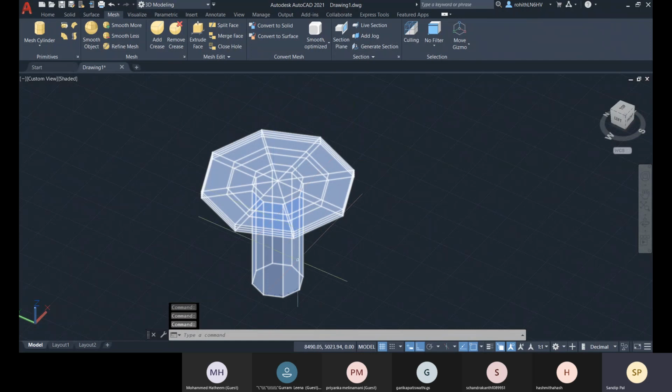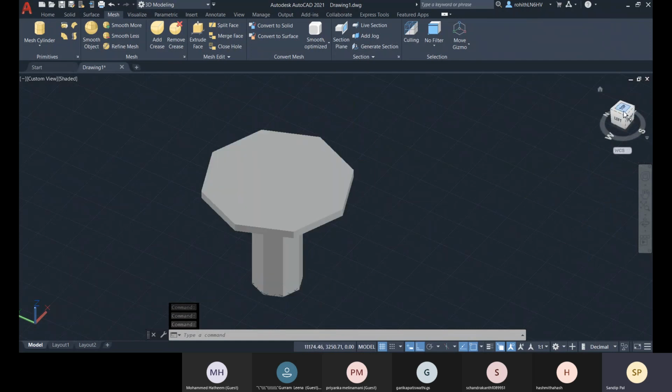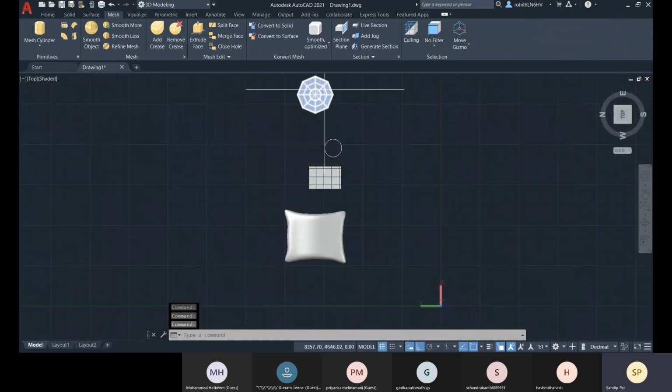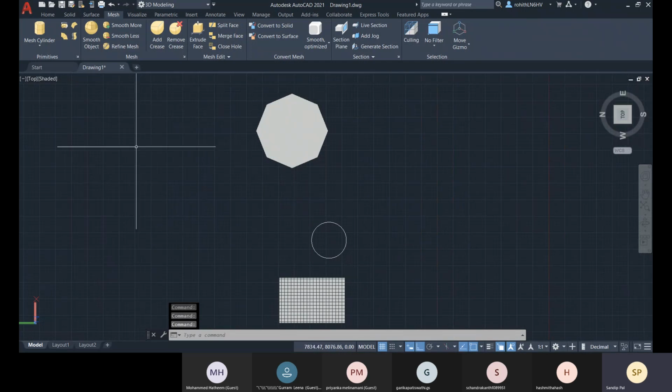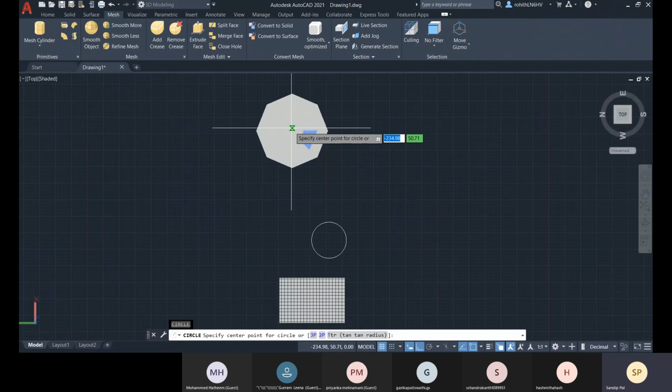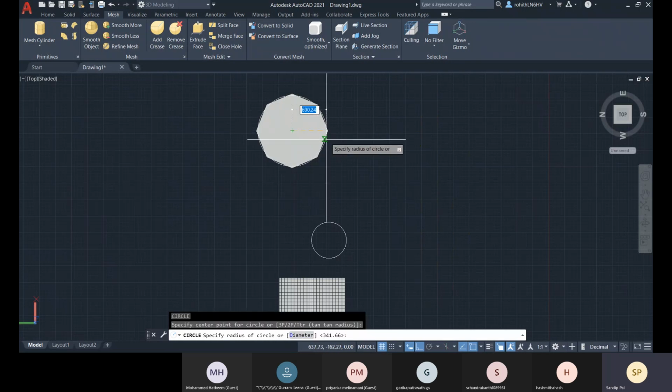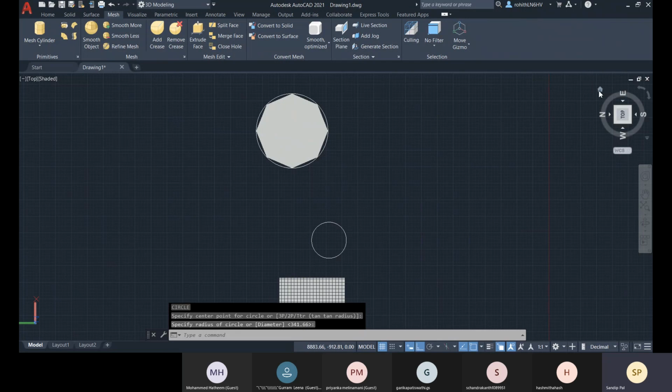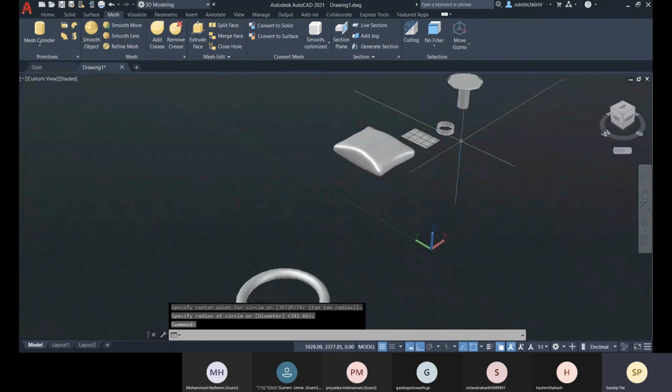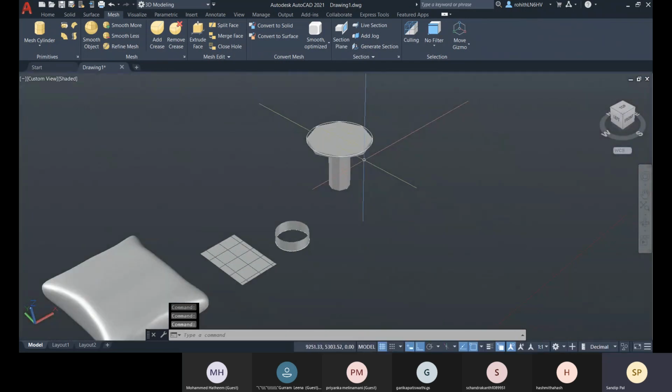All right. So now let me do one thing, that is, let me create one circle over there. So I'll go for C, enter. One circle over there. And I will create another circle.